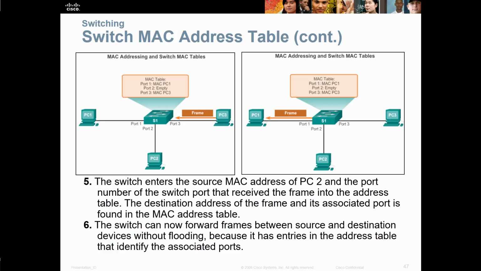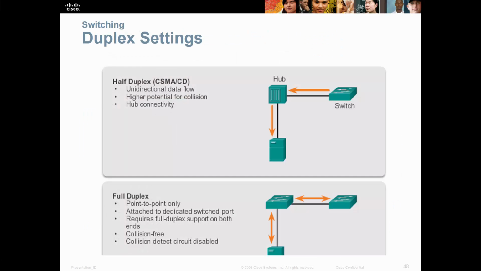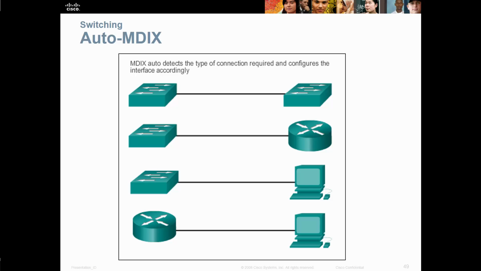Duplex settings, this is going to be sending and receiving, or sending or receiving: full duplex versus half duplex, one at a time or both ways. Auto-MDIX. I always say MDXI, and I always mean MDIX. This is where, if we're connecting like devices, we need to use a crossover cable. Auto-MDIX may fix it. So if we connect two switches with a straight-through cable, and the switches support Auto-MDIX,